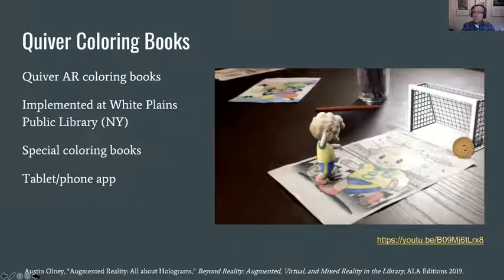But in this, you combine the smartphone app, or an iPad or a tablet app for Android devices, with coloring books and pages, and the person can go ahead and color the coloring book however they like, and then using the app on a mobile device of one kind or another, can see that character come off the page and then do something through the phone's camera on the phone's screen, interact with the world in some way. So in this example of a still taken here,